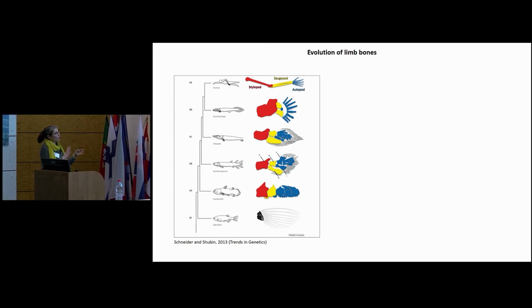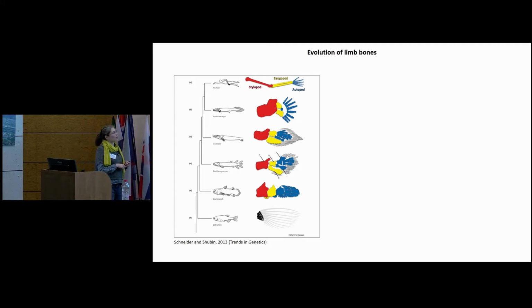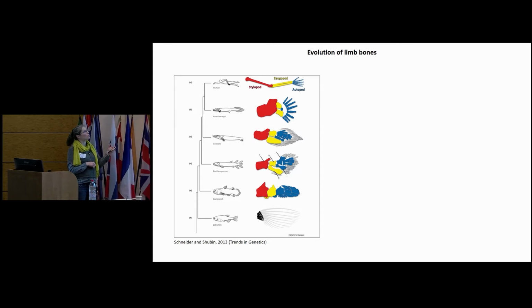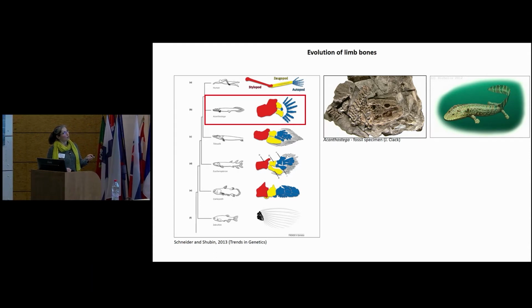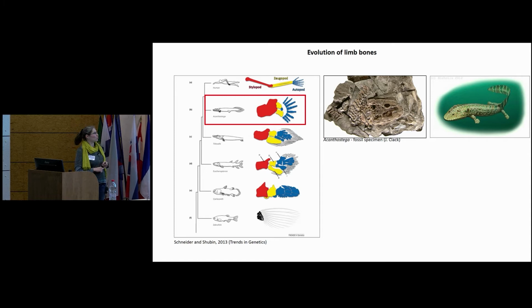If we put all these skeletal discoveries into an evolutionary context, you see that this is the first time in the evolution of vertebrates that you get digits. So we will focus on this species, Acanthostega. Here you have the fossil on the plate: the skull, the snout, the place where you have the eyes, the back of the skull, the vertebral column, and the limbs. And this is a reconstruction drawing of Acanthostega.